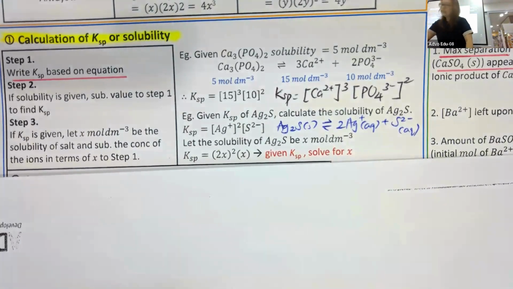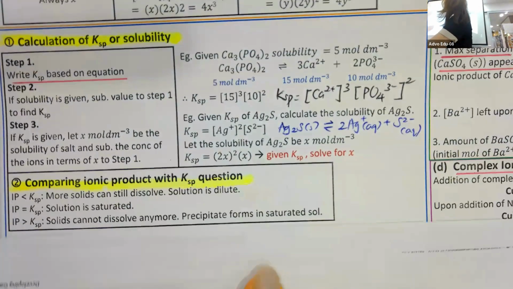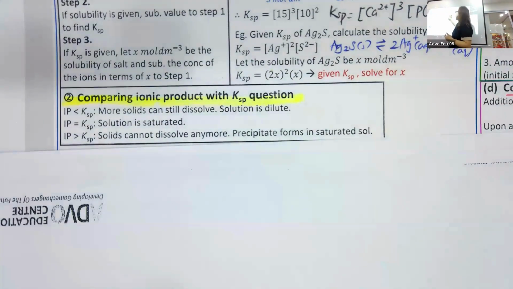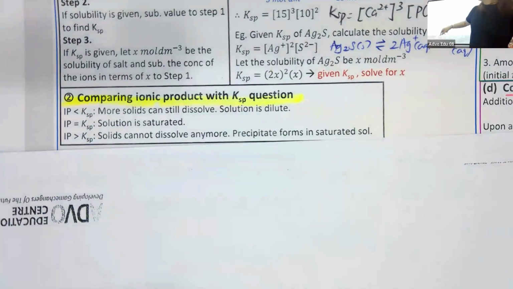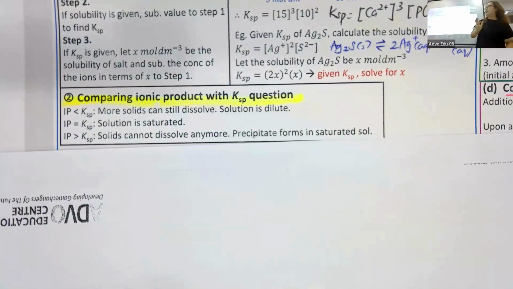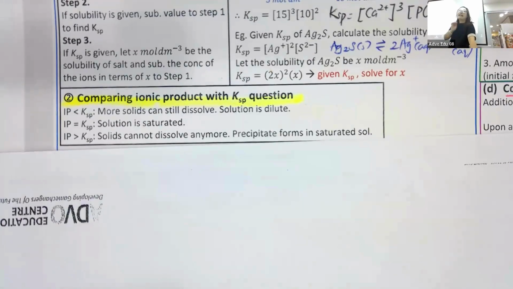Okay, and then we move on to the very last question type. Now, last question type, so totally there's only 2 question types here. This is the last one, which is the comparison question. You start from here, okay? Comparing ionic product with KSP type of questions here. 3 scenarios. IP less than KSP, then in that case you realize that the solution